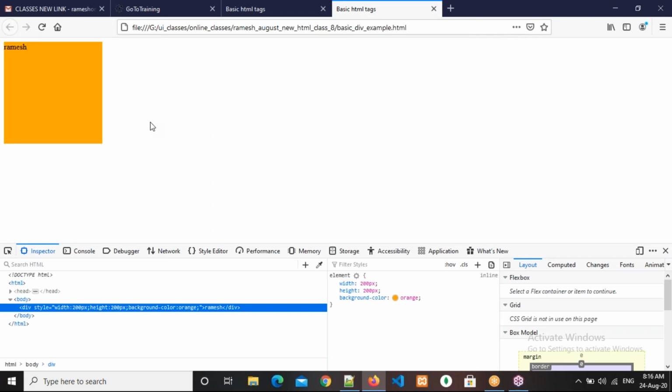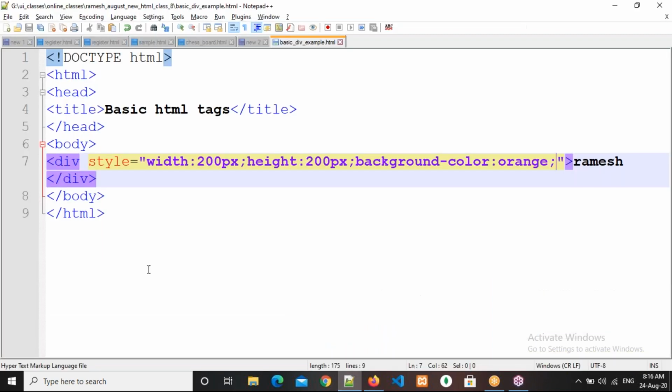If we have one line, it's okay, we can write it. But when designing a web page, you need to write hundreds of div tags. With inline CSS, if there are any modifications, you need to go to that particular HTML tag and modify it. It will take so much time, and the page size will also increase. So instead of that, I will write internal CSS.